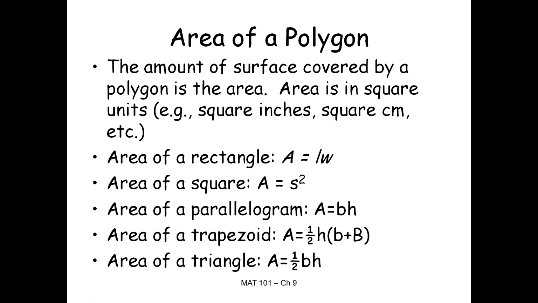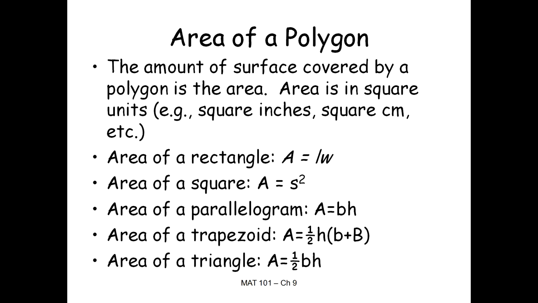Now that's perimeter. Now when we're talking about area of a polygon, it has to do with the amount of surface area that's covered by that polygon. Think about it in terms of buying a rug for a room: you measure the room and you have to measure how many square feet or square yards of rug you would need to cover all the floor in that room. Area is in square units, for example, square inches, square centimeters, etc., where perimeter was in linear units, inches, centimeters,